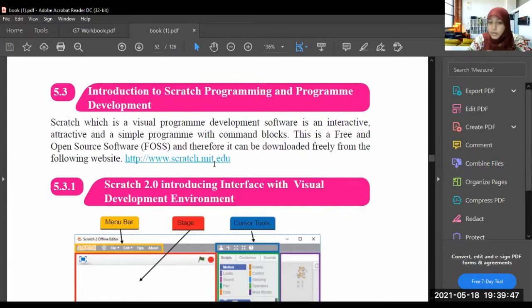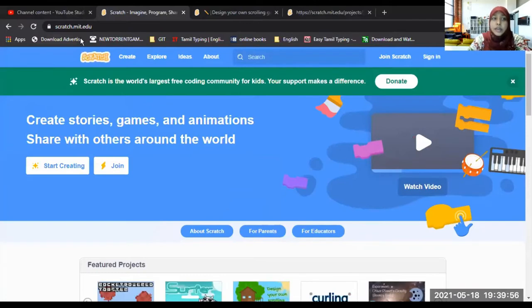If you go to this website, you can download Scratch. I will show you how to download it. This is the website. Type www.scratch.mit.edu.